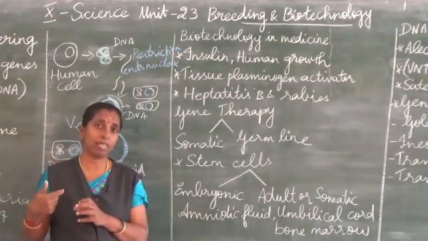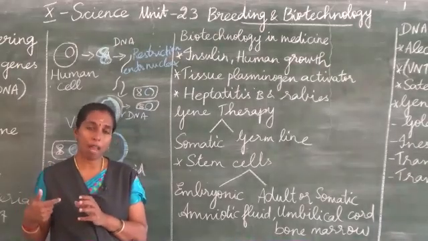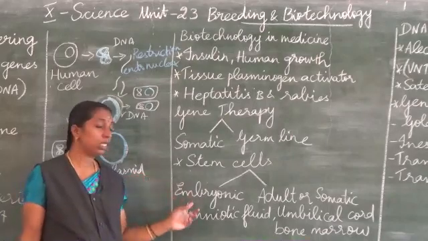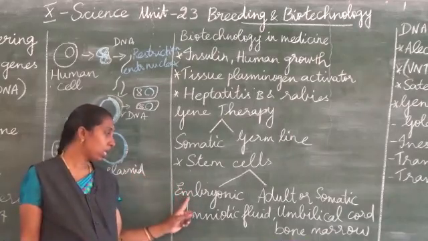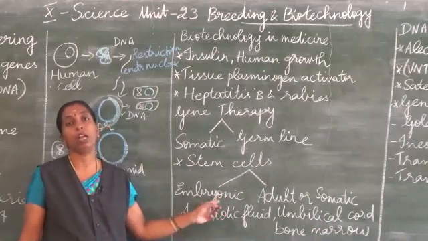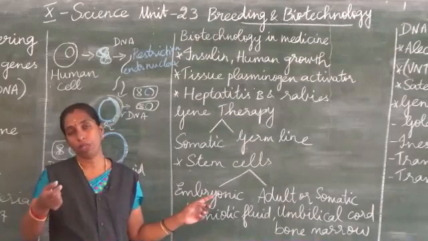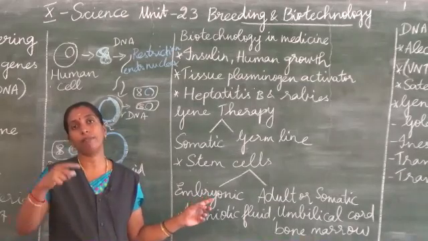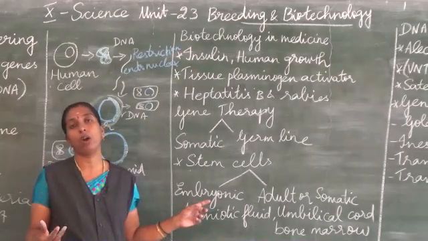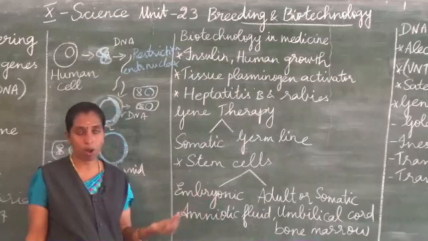Once it starts developing, the embryo will develop into the blastocyst. From that we can get the cells. Such cells are called embryonic stem cells. What are embryonic stem cells? They come from the embryos. From the embryo, which is the fertilized zygote, we can collect the stem cells, and that is called embryonic stem cells.